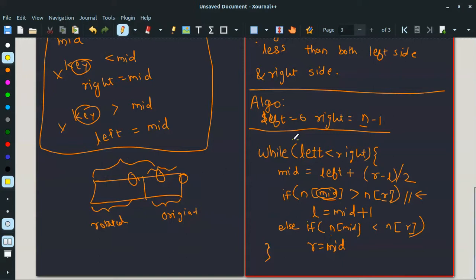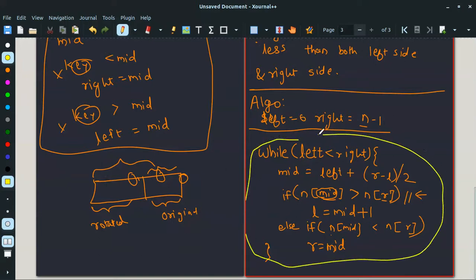So this is the final algorithm that we are going to code for this question. Let's go to LeetCode and implement this algorithm.